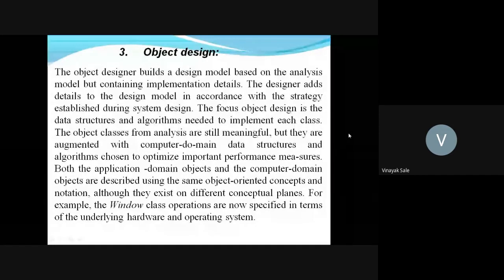The designer adds details to the design model in accordance with the strategy established in system design. The focus of object design is on the data structures and algorithms needed to implement each class.